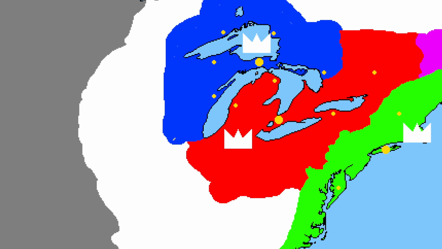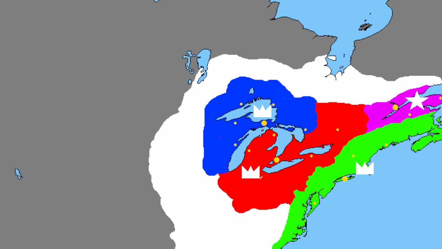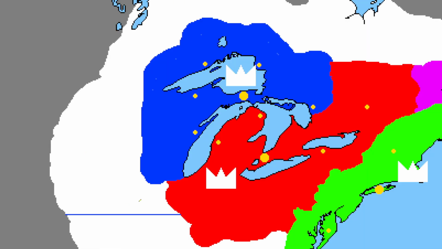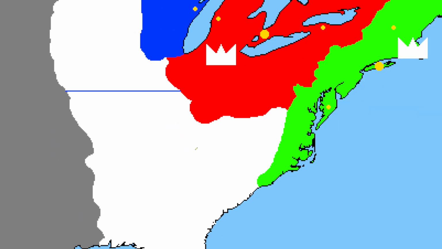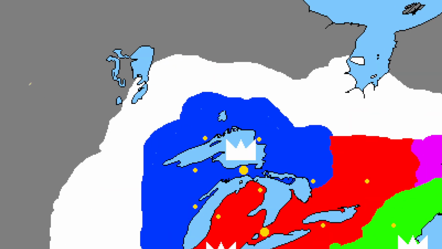Now, here's where we see something interesting happening. We see the red and the blue country come to a little agreement about this land. We see them draw up a line, kind of like Spain and Portugal splitting the Americas. We see this line being drawn that states that anything above this is for the blue countries to claim, anything below it is for the red countries to claim.